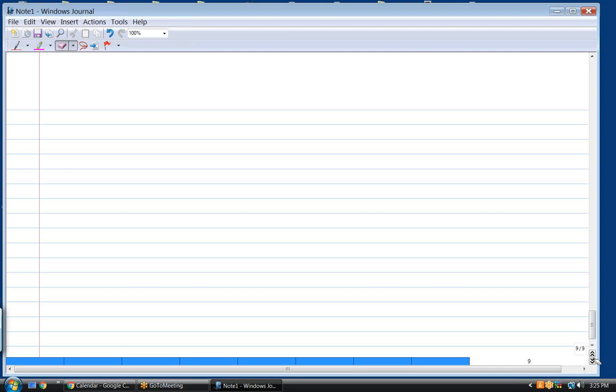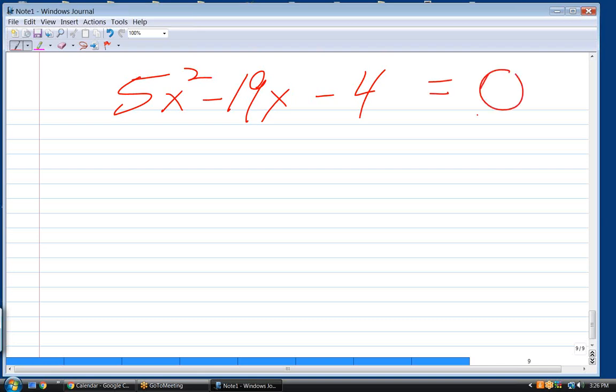So I have another one. Okay. 5x squared minus 19x minus 4 equals 0. Yes, equals 0. Now, whenever I see a quadratic like this,